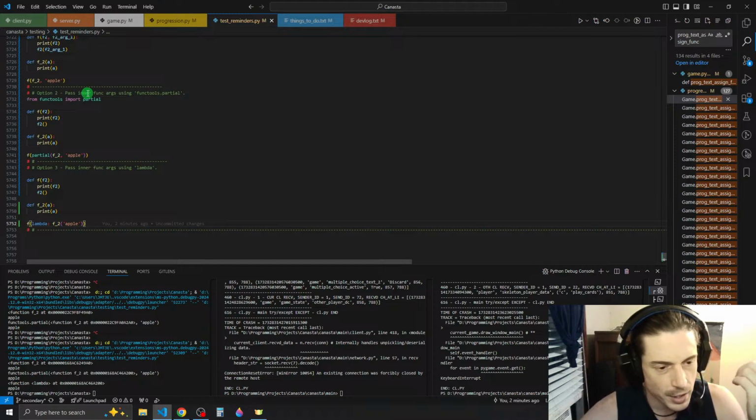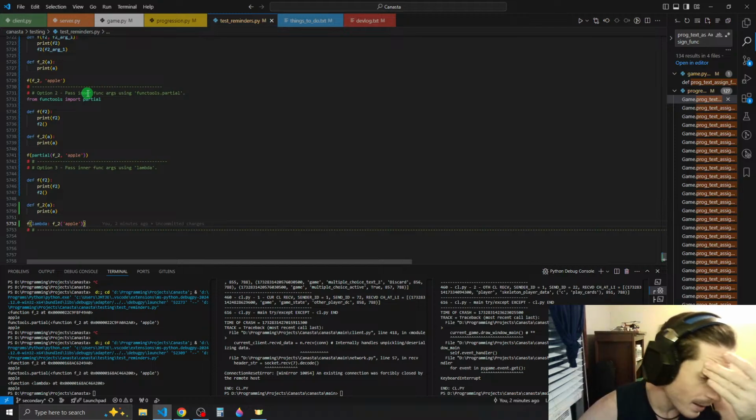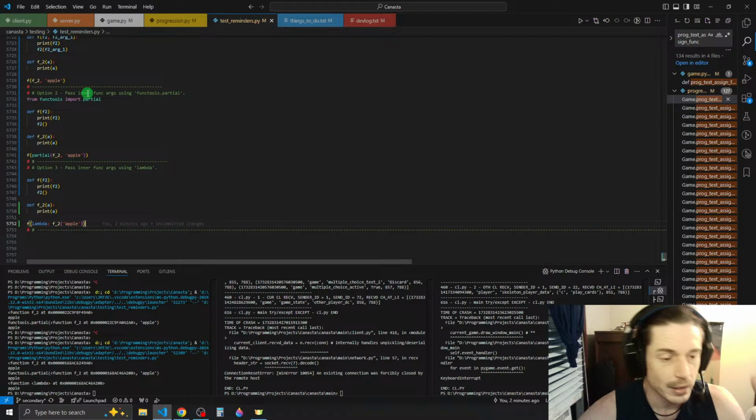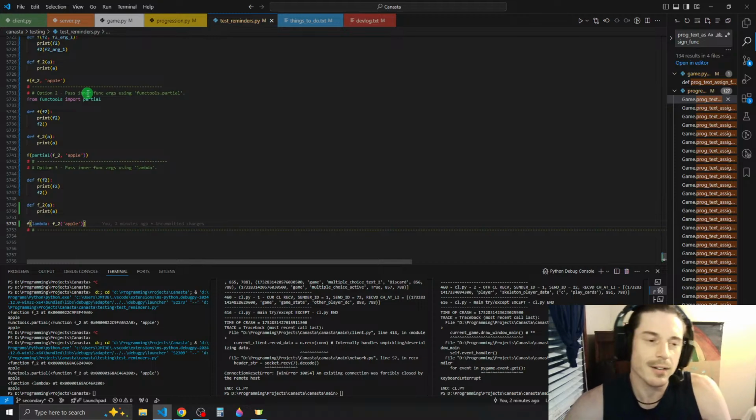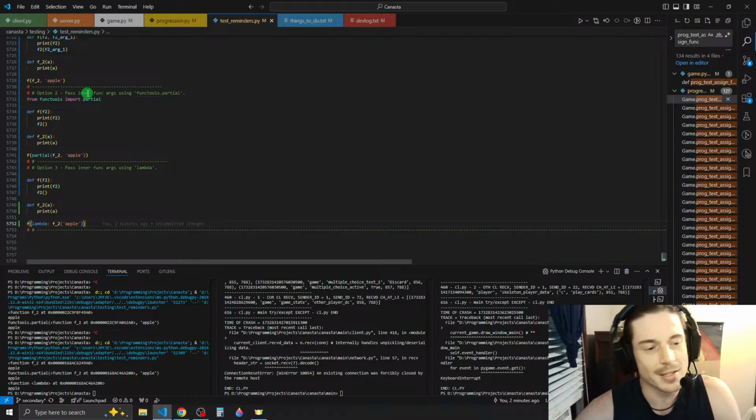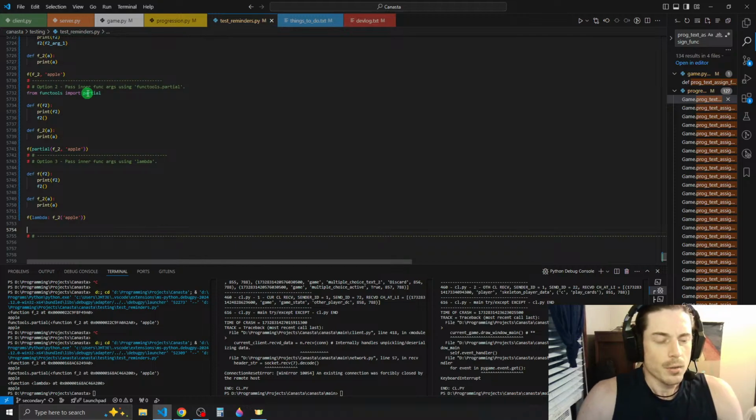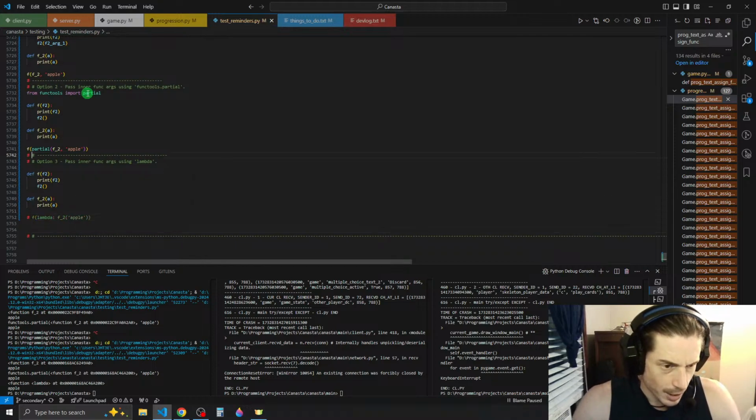Doing the lambda thing, I like the lambda option the best. That makes the most sense. I don't know. Is it better than the first option? I'm not sure, honestly. So what we'll do is we'll comment these out